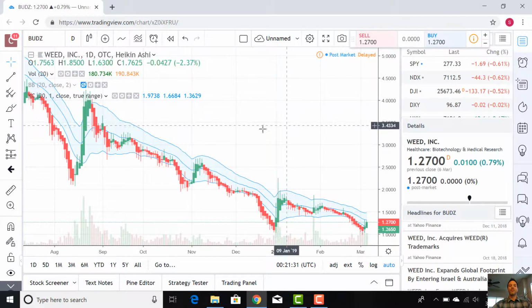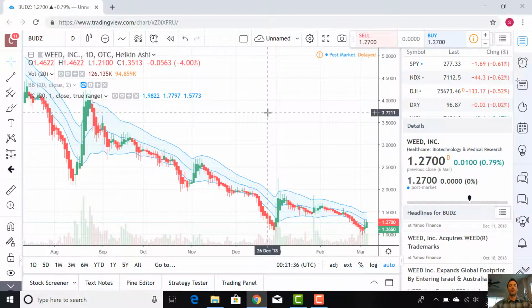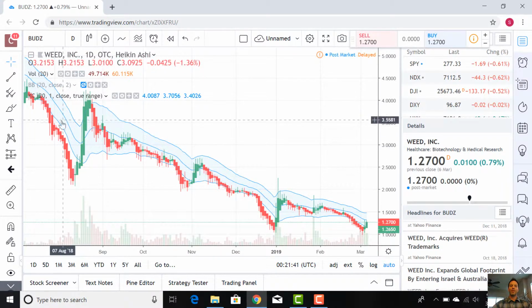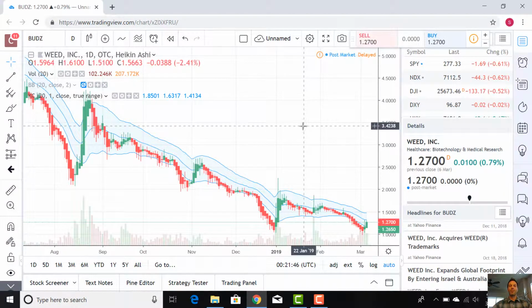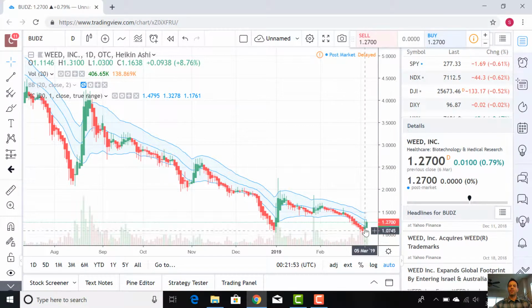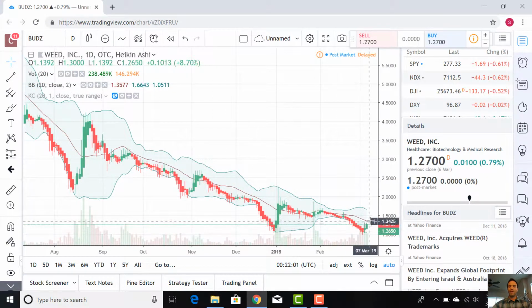So both of these are envelope indicators, and obviously you would want to combine them with a momentum indicator and some of your other indicators of choice. But they're both telling us the same thing, at least on these oversold periods. Take advantage of these envelope channels. They're really strong mathematically and really easy to see, especially with BUDZ. So let's watch what happens here in March. We're going to expect this price to bump up above the middle line for both of these envelopes. So above this exponential moving average, back on the Bollinger Band channels now,